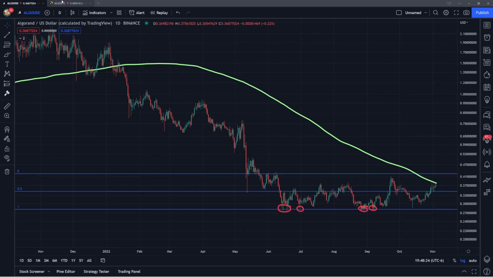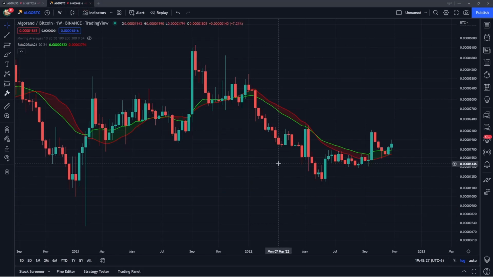So now I want to switch over here to the Algo Bitcoin ratio, and I really want to focus on the weekly chart where Algo on the Bitcoin ratio has really started to flip these 2 weekly averages from longer term resistance back into support. So you can see what I'm talking about right here with this being resistance. We had this big rejection back here in May.